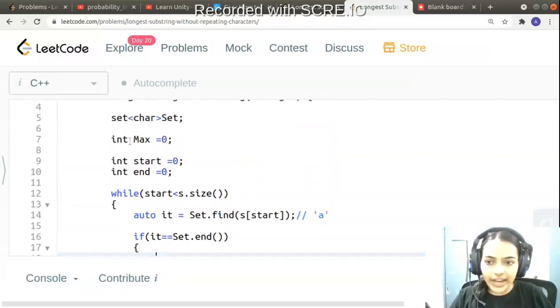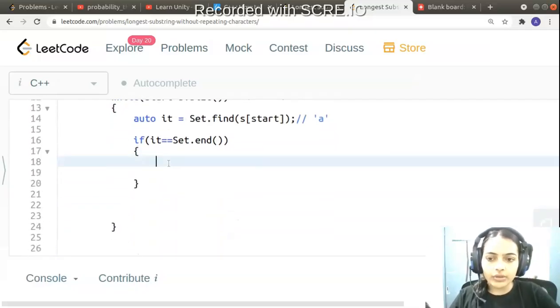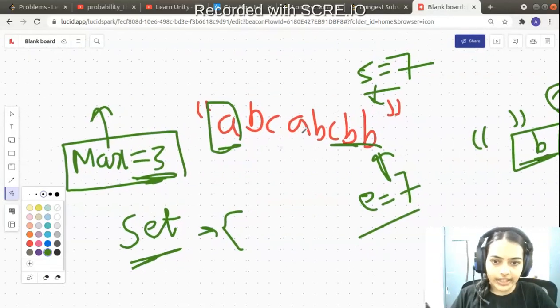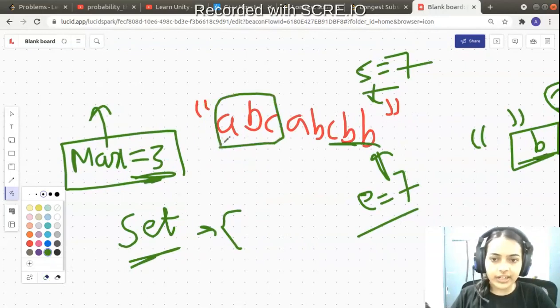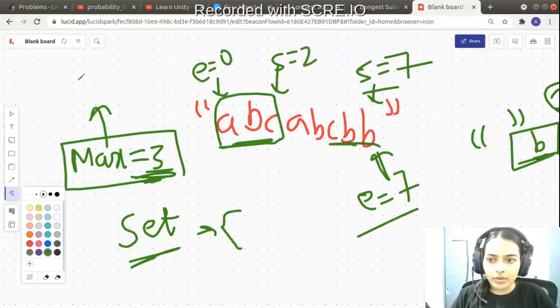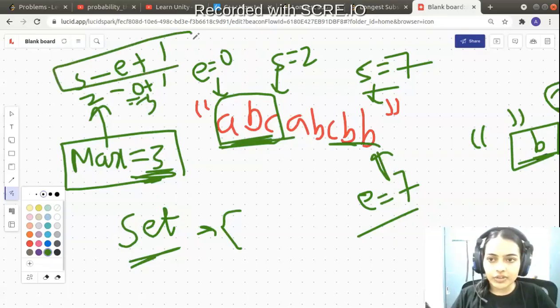We will initially check if max. So how do we check the current length of the substring? Suppose you have to check the length of any substring. Let's take an example. We are trying to check if the current length of the substring is greater than max. Suppose this is the start pointer and this is the end pointer. In this example, end is 0 and start is 2. How do we check the length of this substring? We take the difference between start and end pointer and add 1. Start is at 2, end is at 0. 2 minus 0 plus 1 is equivalent to 3, which is the length of the current substring. So to find the length of the current substring, we have to use this.